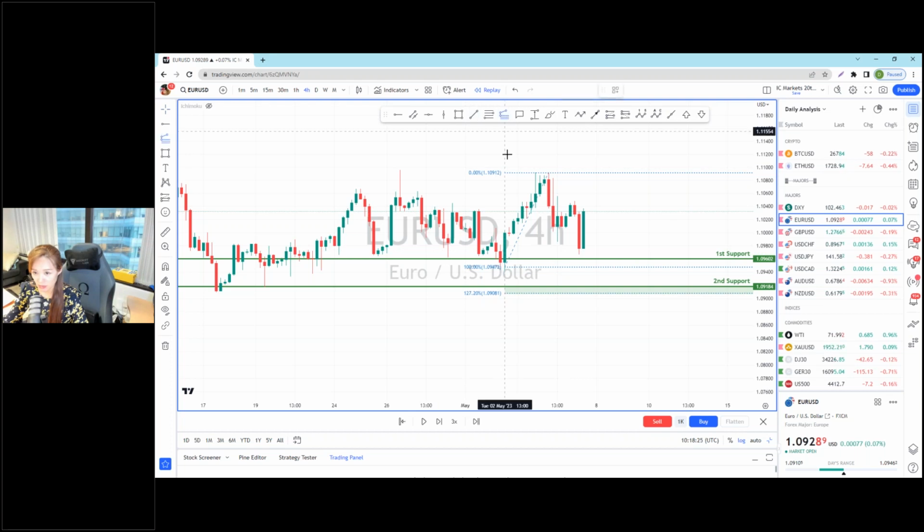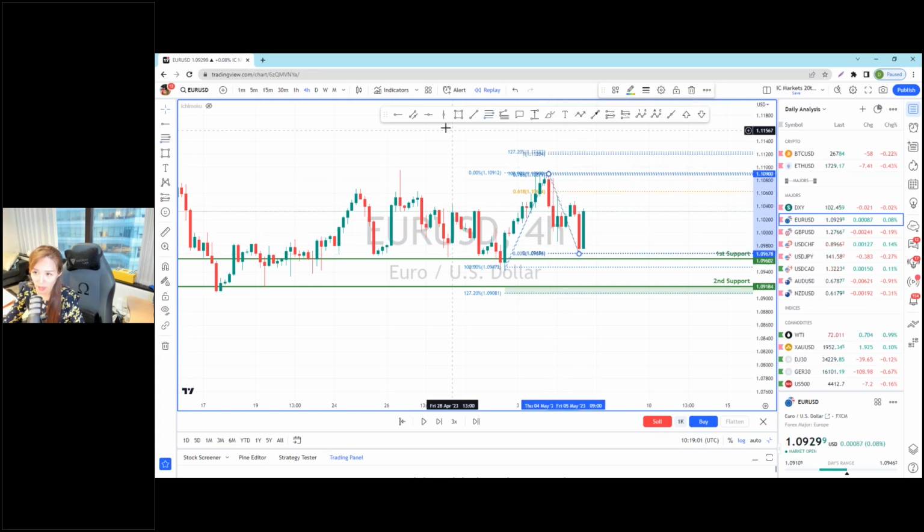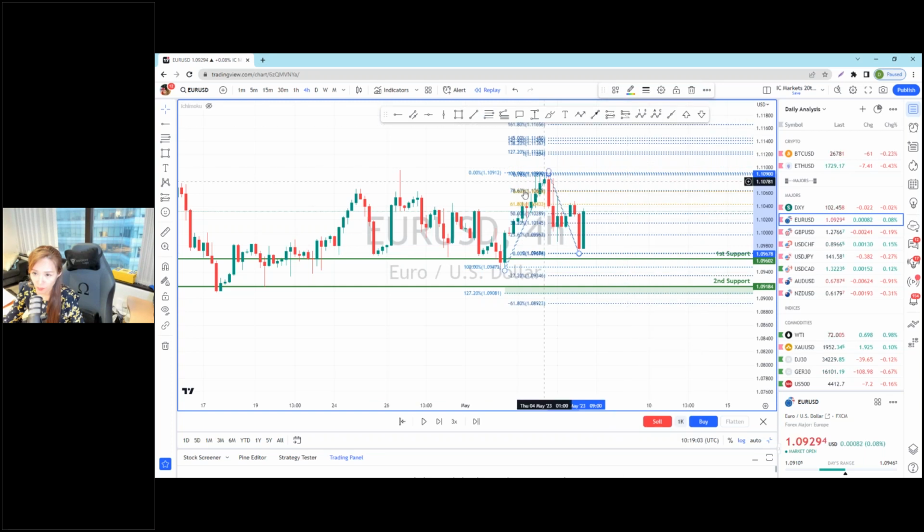Okay, and what if I want to get any projection here? I don't think I can get any projection here. Okay, let's say you want to get a projection. I think price bounced off, almost hit our first support. Okay, I draw from here, one, two, the middle point, and then my third point here. So my TP I watch out first to be 61.8%, which is here. Then I draw Fibo from here to here to get the retracement, which is boom, we have a confluence zone now.